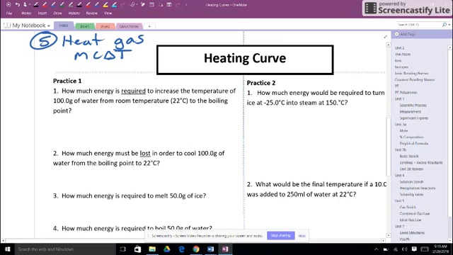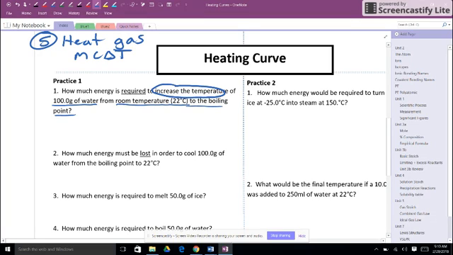Okay, let's start the practice problems. So for number one here, how much energy is required to increase the temperature? Now that I see a temperature change mentioned, I know I'm at least going to be using MC delta T, of 100 grams of water, there's our mass, that's important, from room temperature, 22 degrees Celsius, to the